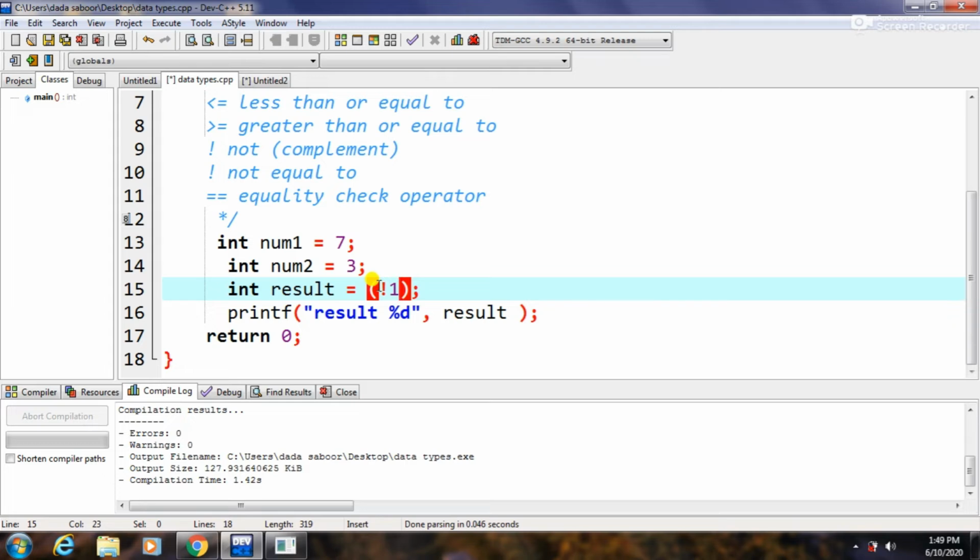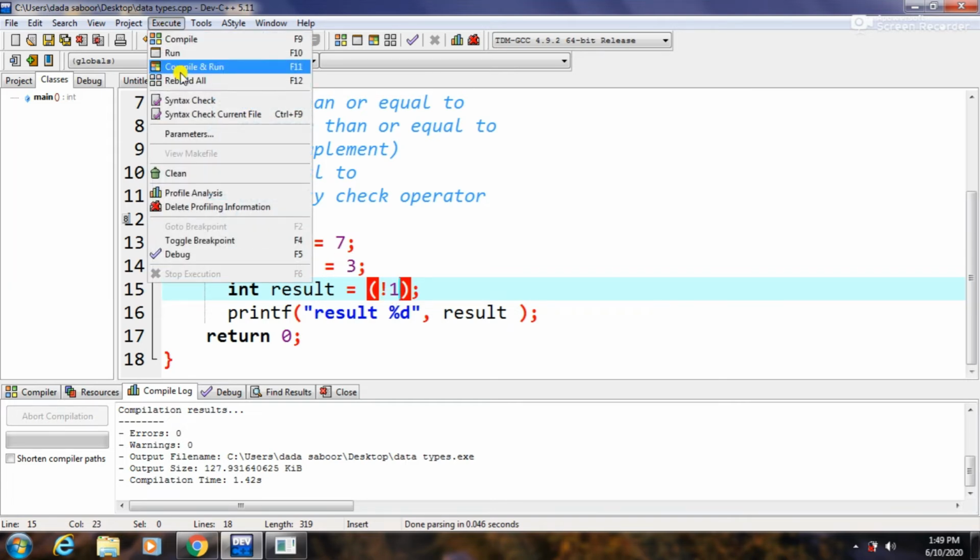How will we read it? Not 1 means not true, because 1 means true in C language or in computer and 0 means false. So we have written here that the result is not 1. Not 1 means the result is 0. So if we execute this code, we will get 0 at the output screen.